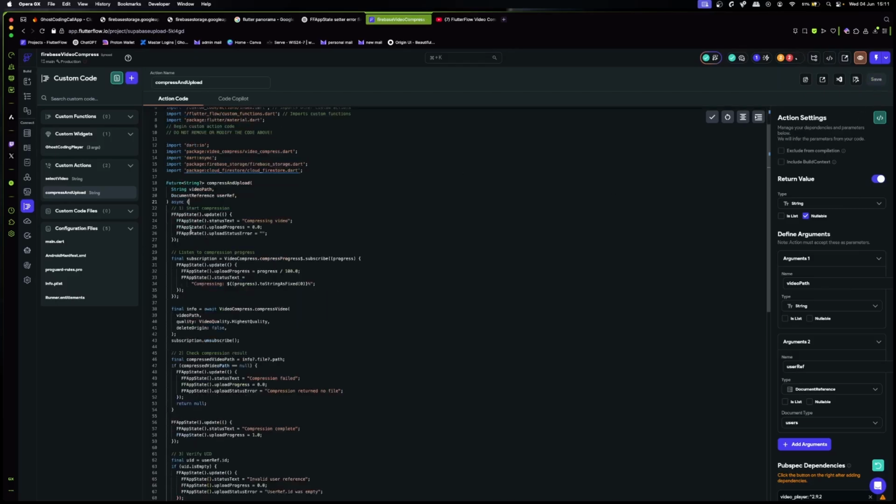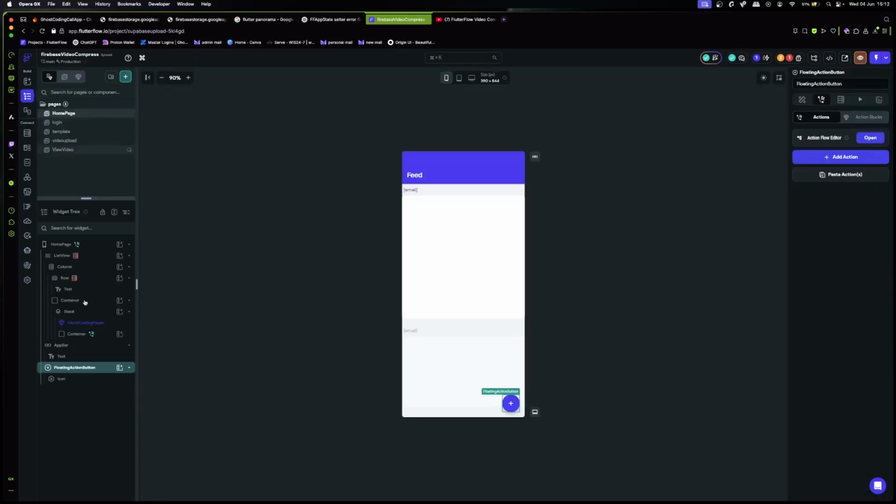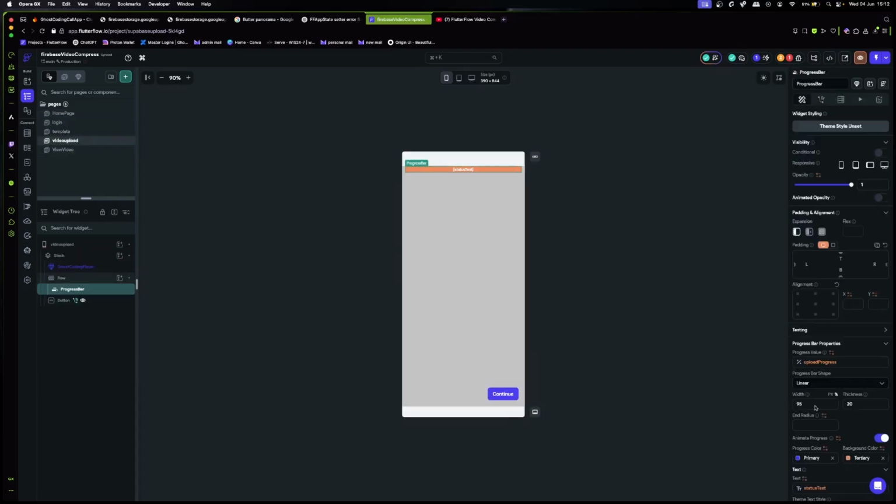Now, how this action works is before we start, we want to make sure that our app state for tracking our compression and our uploading is actually set correctly. So we're going to pass in app state, status text is compressing video, and we're going to put the upload progress to be 0.0. The reason why 0.0 is that the actual FlutterFlow progress bar works with 0 being 0% and 1.0 being 100%. Therefore, if it's 50%, it's 0.5. So we need to handle that value, okay?